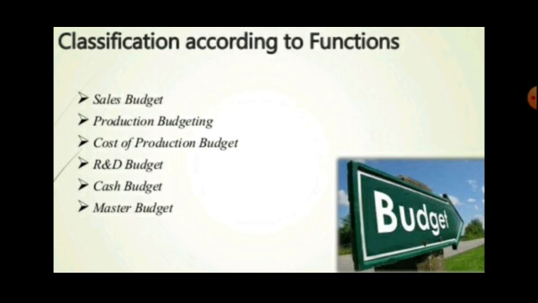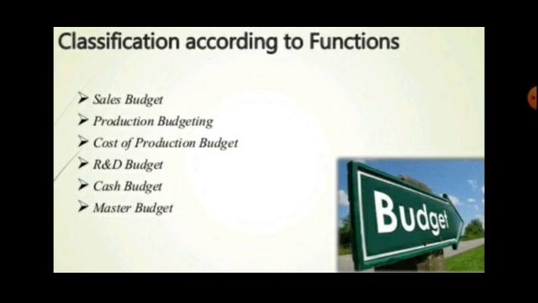For example, for the sales budget, they will have the anticipation of demand, and on that basis the amount that is allocated for budgeting. Production budget, that means the budget for purchasing raw materials, hiring laborers and experts, and the input of the technology and machinery that is required. Cost of production budget includes all the budgeting related to the direct expenses. Research and development budget looks at the expenses to be made on making the products or services better.